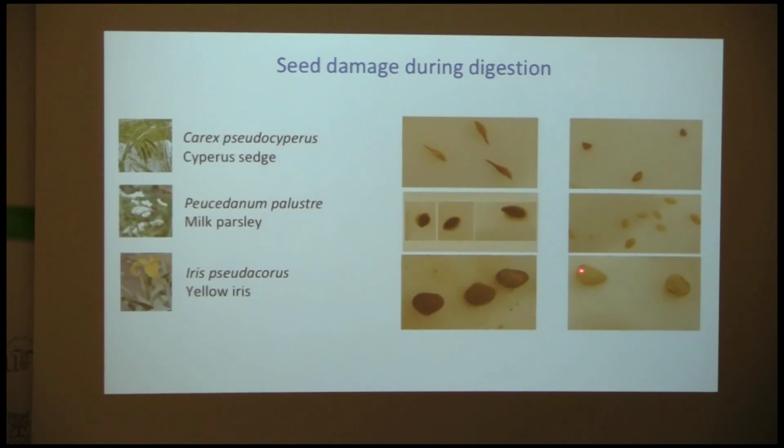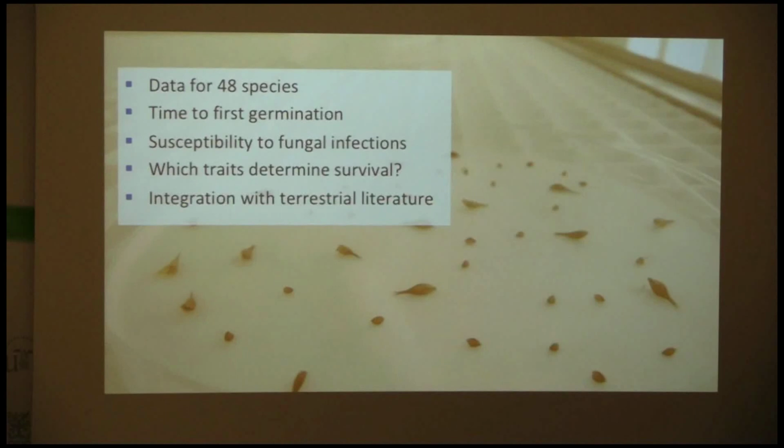And these iris seeds also lost their seed coat completely. What I can already tell you now is that we see some effects on germination, where these iris seeds have been 3 weeks in the lab and we tried to germinate them, and they don't. But then you digest them for about 4 hours in this digester, and then they start germinating. So it's really an interesting way to see the effects of gut passage or transport in the birds on things like time to first germination, but we also found susceptibility to fungal infections,